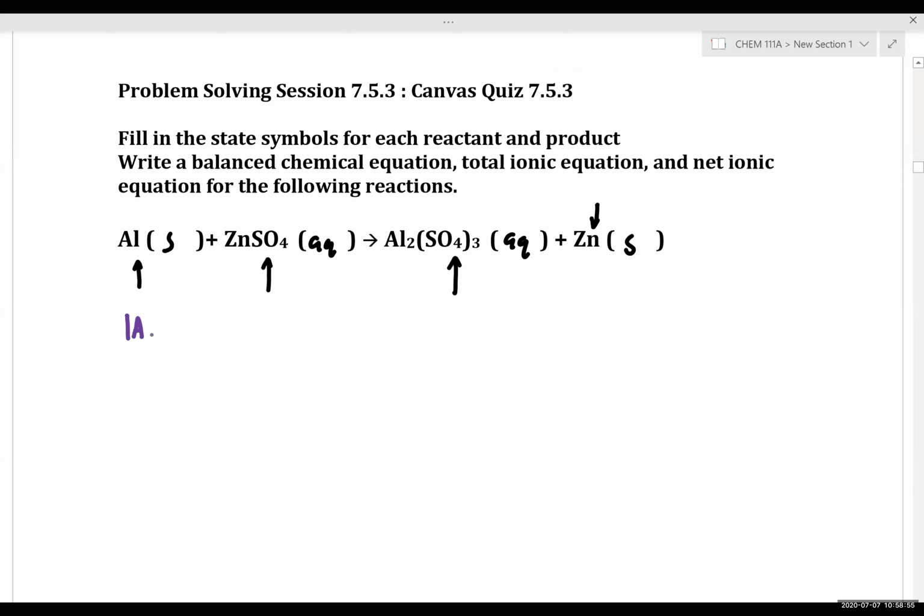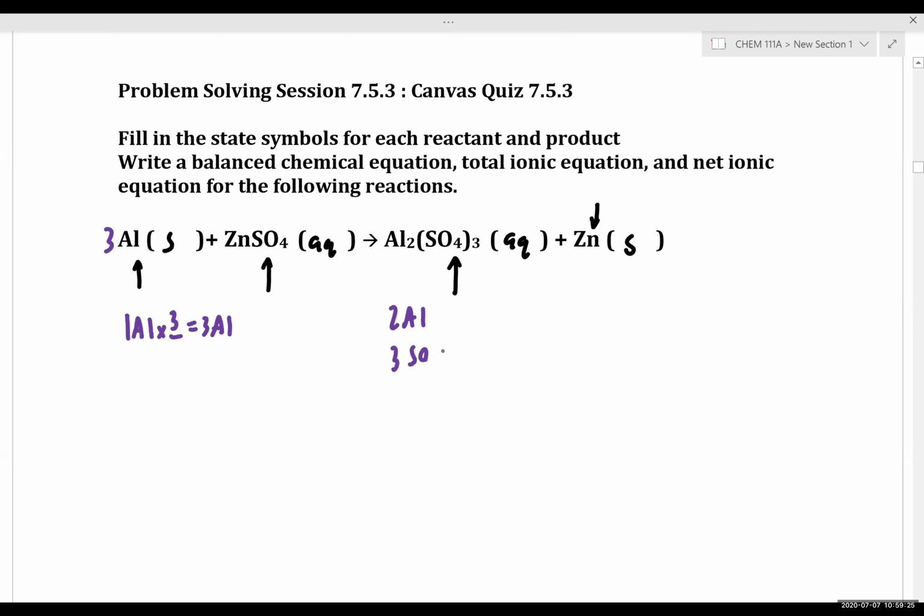We have one aluminum on the left, we have two aluminums on the right. Okay. So then 1 times what would give us 3 aluminums? 3, yeah. And then for aluminum